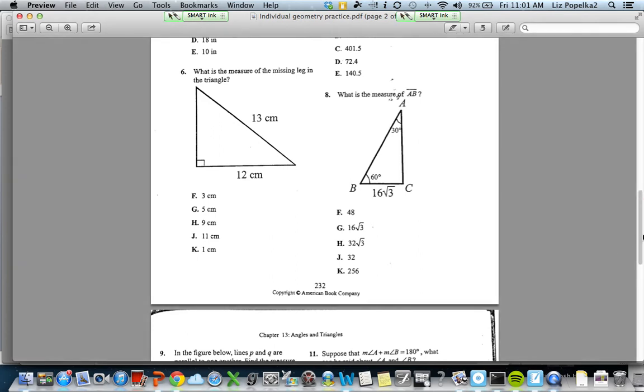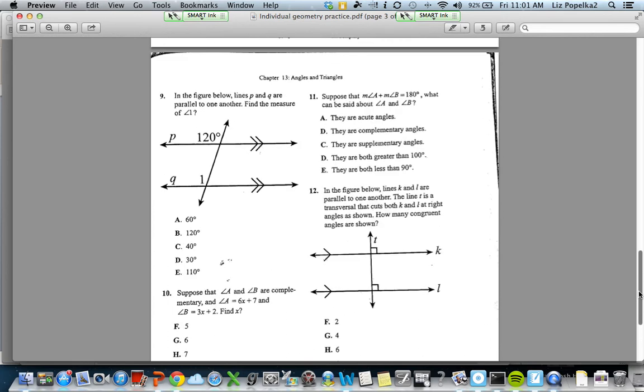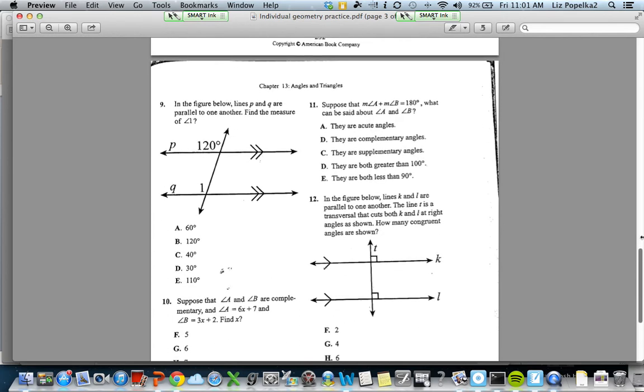Now I'm going to do a little scrolling down here to the last few, we're almost done. If these two lines are parallel, it's asking us to find the measure of angle 1. Another special thing about parallel lines,